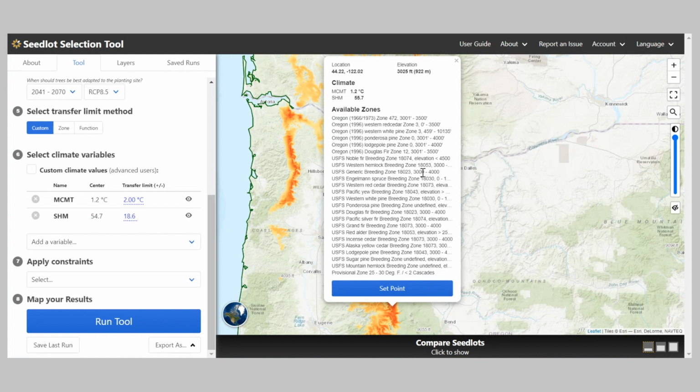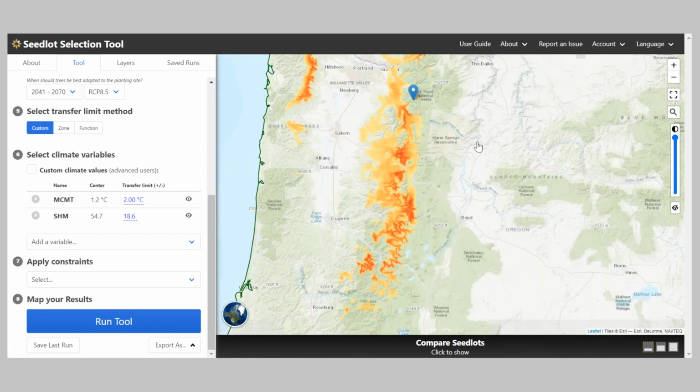So that is a seed lot from the Willamette National Forest in the 3,000 to 4,000 foot elevation band.